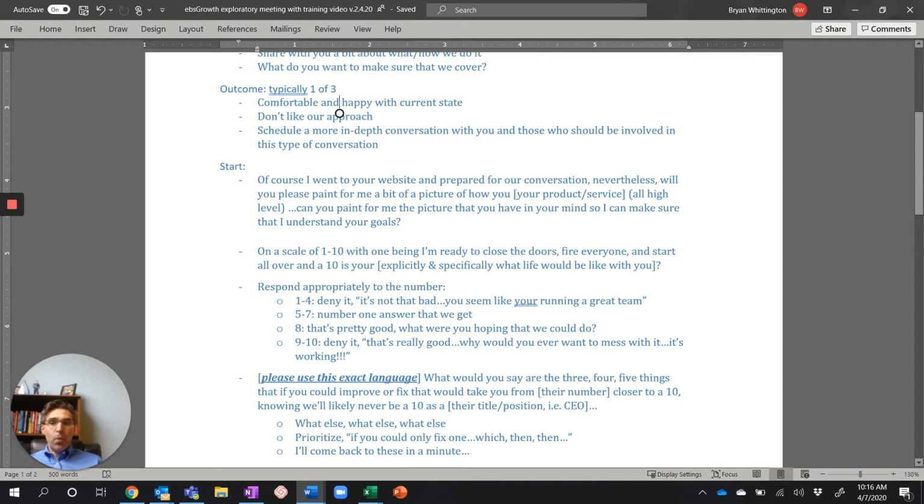Hey, on a scale of 1 to 10, with 1 being, listen, I'm ready to fire everyone and close the doors, this is the most frustrating structure that is even imaginable. Now, I'm not hearing that. And then a 10 is, and now you say explicitly and specifically what a 10 would be like if they were using you, right? So you're doing an assumptive, this is happening. Angels are singing from above. Hallelujah, because blank, blank, blank, right? As specifically as possible, how would their life look if they fully implemented and were working with you? So that's a 10. So explain that.